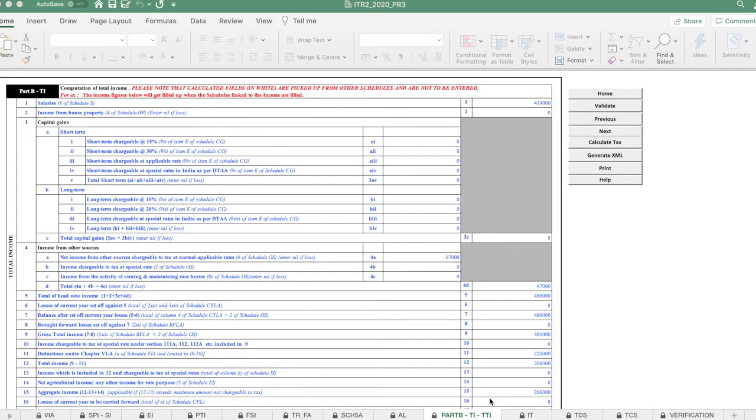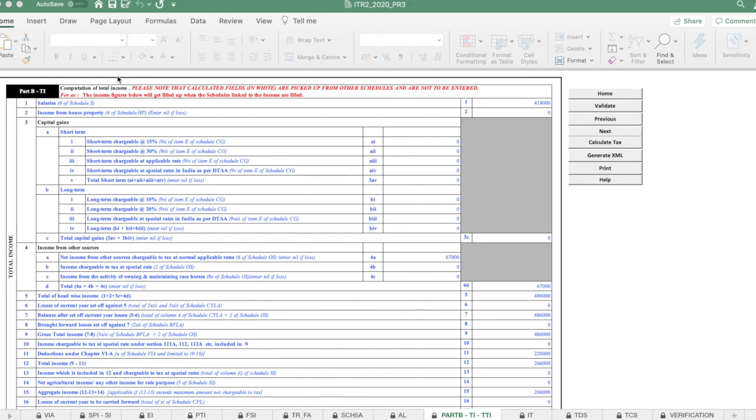In Form 26AS you will see similar details, where you will be able to see the name of the deductor and the TAN number, then the total amount paid and the credited tax. From there you can understand the amount for that particular TAN, and you can update it in the TDS sheet. Part B, TI. In this section the final tax calculation will be done.